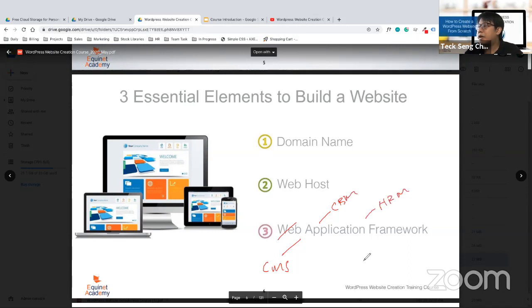All these are actually web application frameworks. What we learn in the course is the CMS, in short, content management system. For the content management system, there are different types as well, and one type is your WordPress. So remember the three essentials: the domain name, your web host, as well as your web application framework. Okay, let's move on.